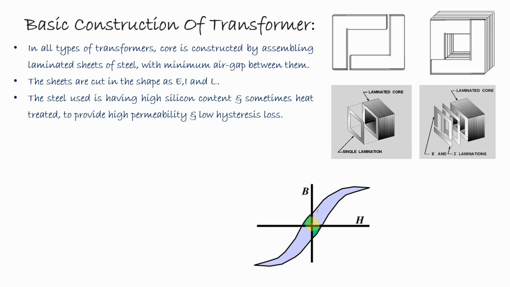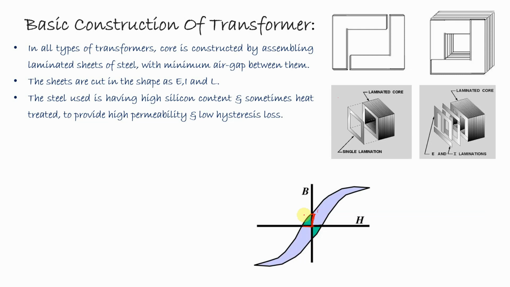The shape of the hysteresis loop is like that, and its area depends upon two factors, called the retentivity and the coercive force. Here we can see this is the retentivity, because when the current is 0, or H is equal to 0, there will still be some flux present in the material, or flux density. So this is considered as the retentive force. Similarly, when the current flows in the reverse direction, some amount of force is required to demagnetize this retentive force. So this is considered as the coercive force.